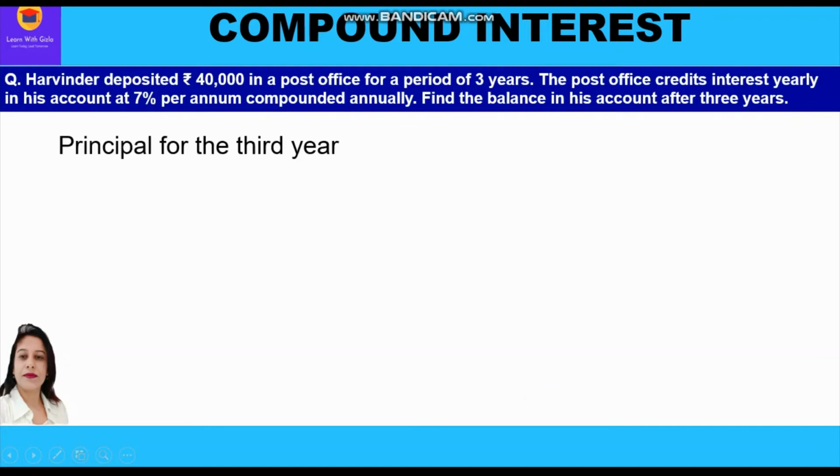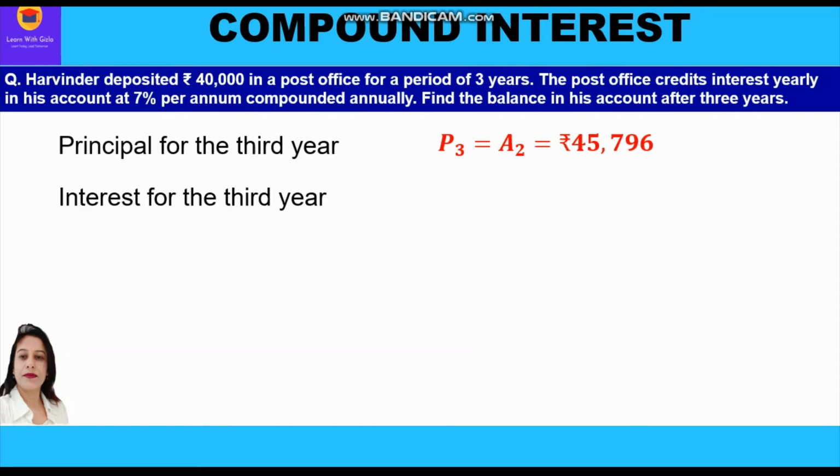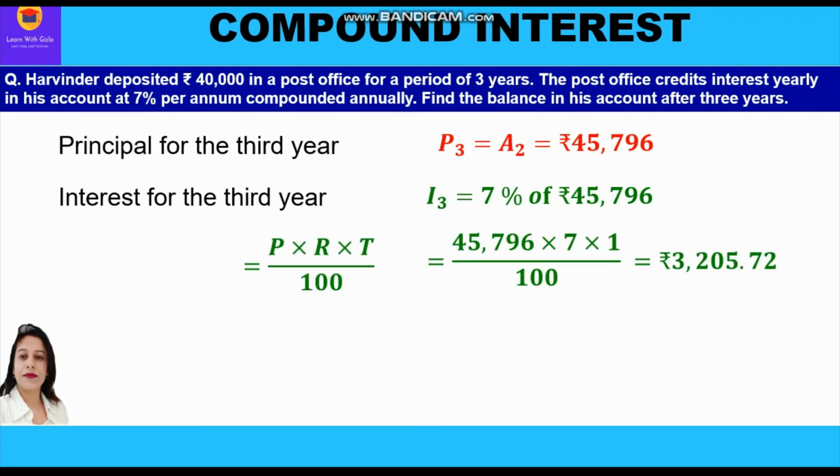Now let us move to third year. Now the amount which we had calculated in the second year becomes the principal of the third year. So our new principal now is rupees 45,796. Now interest we will calculate at the rate of 7% on this new principal, that is 45,796. We shall apply the formula of simple interest for 1 year, that is PRT upon 100, which is equal to 45,796 into 7 into 1 upon 100, which is equal to rupees